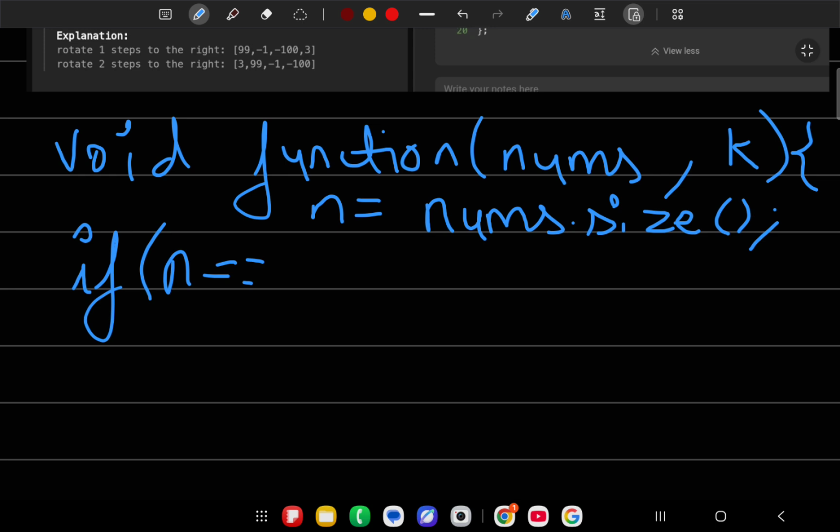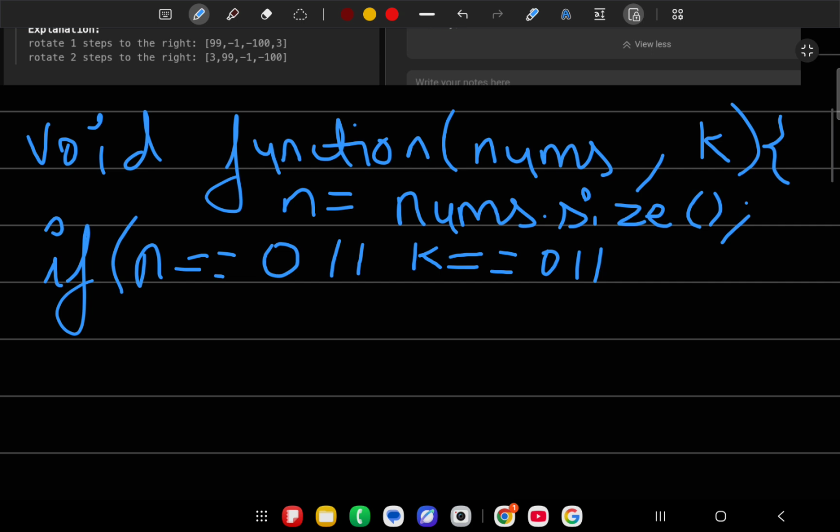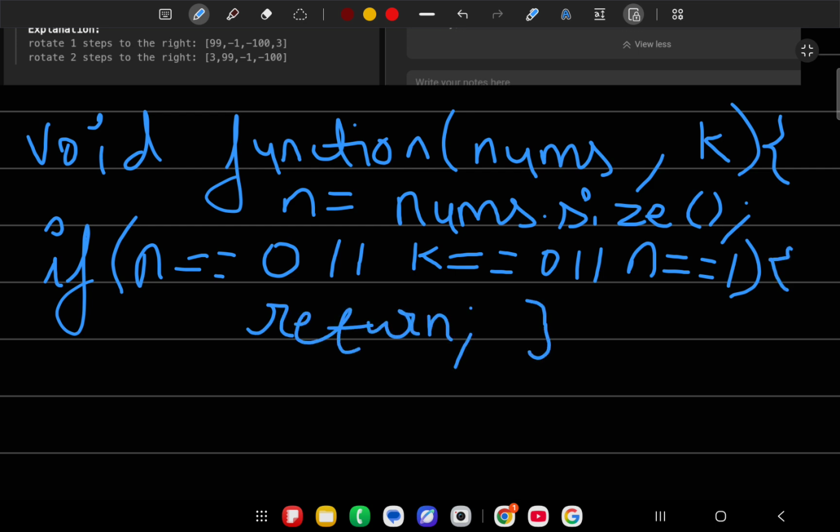If the size is 0, which means there is no element, or if the rotation is double equals to 0, which means no need to rotate, or what if the size is only 1, do we need to rotate it? No, we don't need to rotate it, we just return the function.